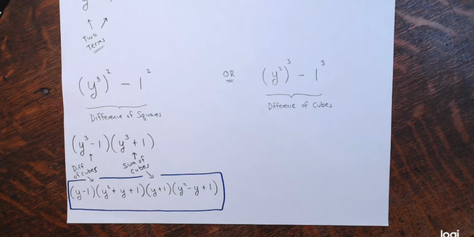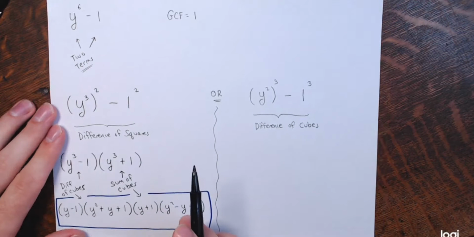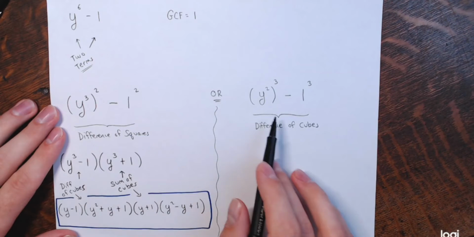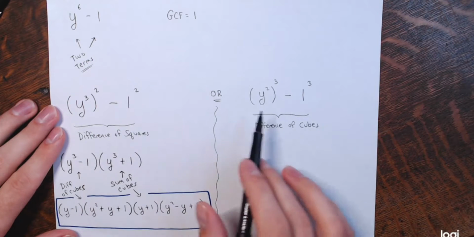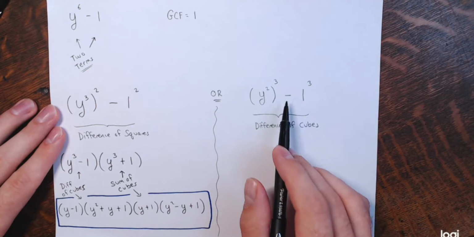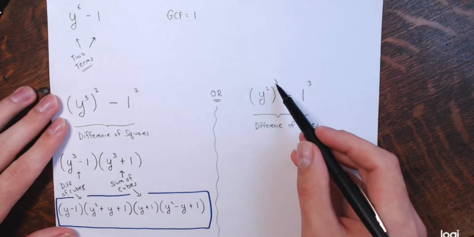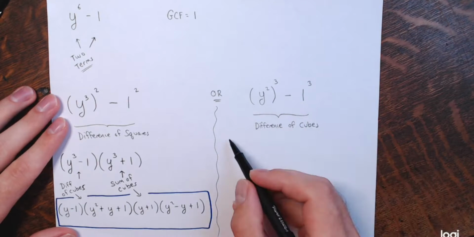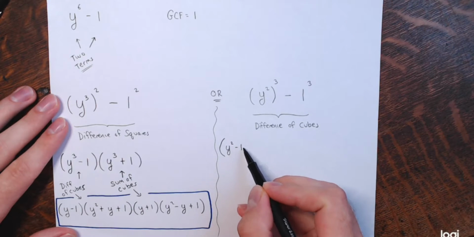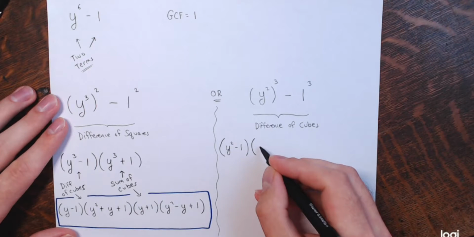All right. Now, let me show you, that for this example anyway, and really just this example here, this doesn't always happen. You can't always look at it in 2 different ways. But when you can, I should end up with the same 4 factors over here when I start thinking about the original as a difference of cubes. So y squared cubed minus 1 cubed, as a difference of cubes would factor to y squared minus 1 times, and then y squared squared,